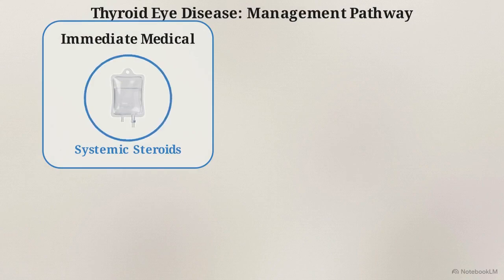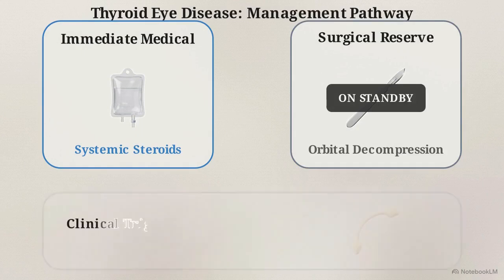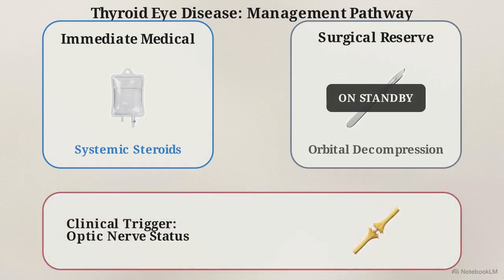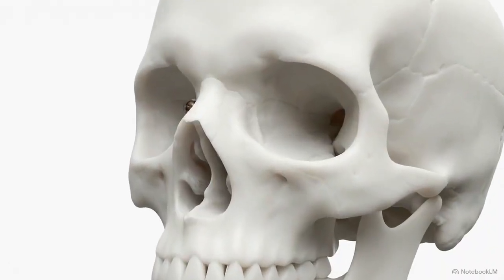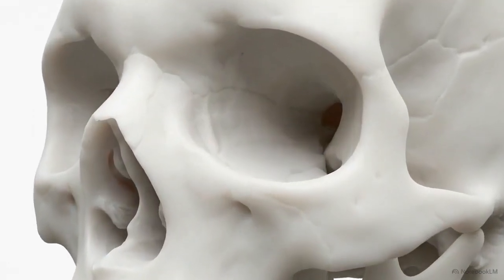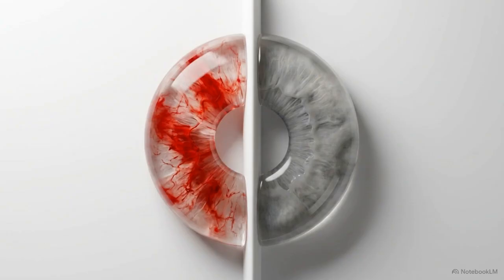Her management pathway requires immediate systemic immunomodulation with steroids to halt the inflammatory cascade. Surgical decompression will remain on reserve, deployed only if her optic nerve becomes compromised. Because the orbit is an unforgiving bony box, there is no margin for error. Mastering the strict timeline of a patient's symptoms, whether facing an autoimmune storm or a silent tumor, is the only way to accurately deconstruct the pathology and preserve their